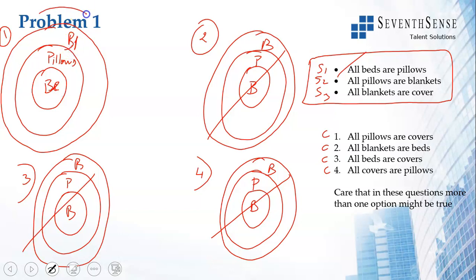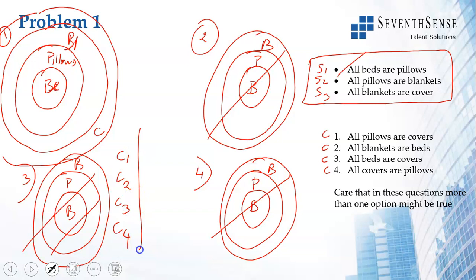Then all blankets are covers. Then I put this bigger circle. Okay. Bigger circle. All blankets are covers. So done. So I have the conclusion. I have only one drawing here, right? So this is the simplest problem. I do not have any other way to draw it. So subsequent problems you will have.